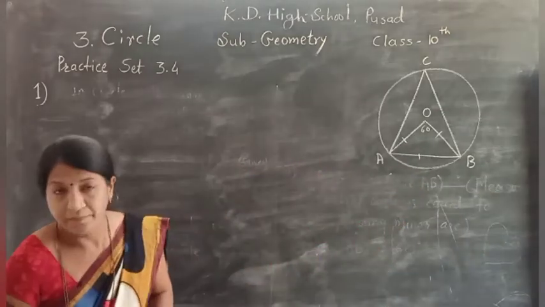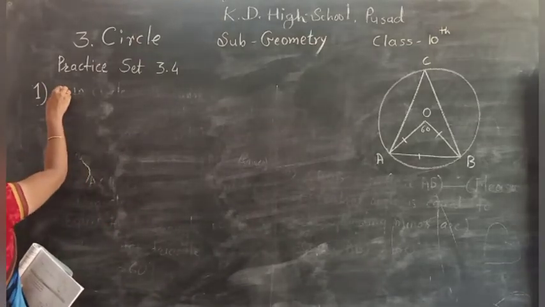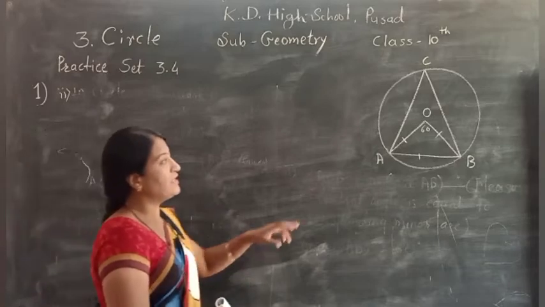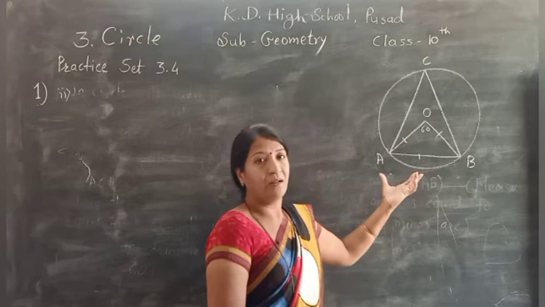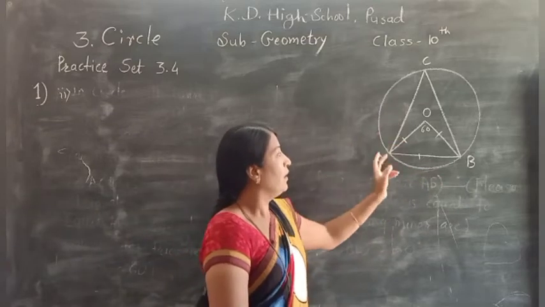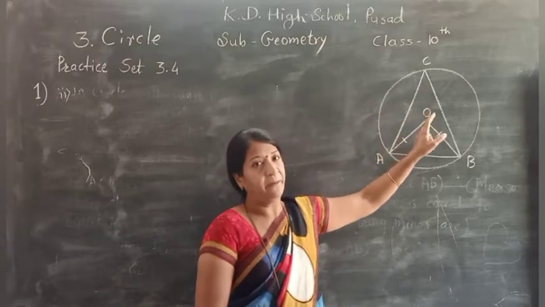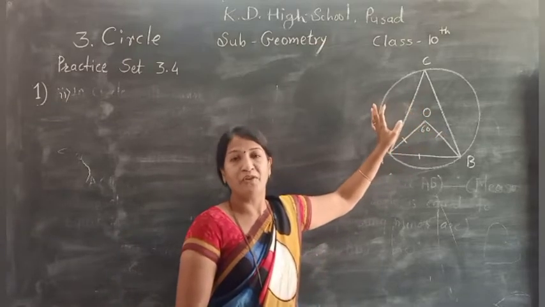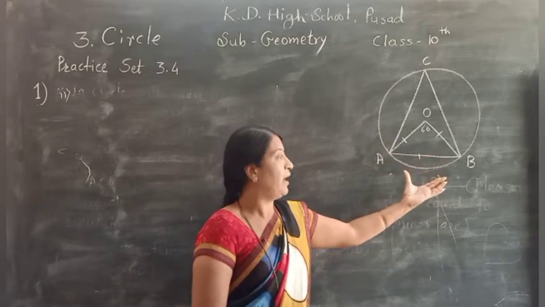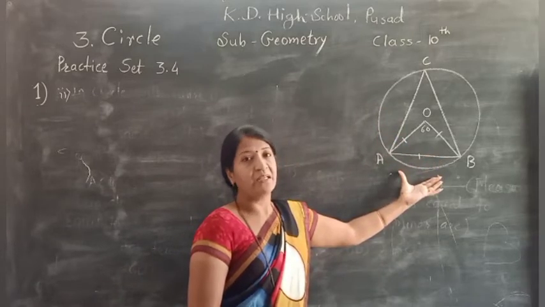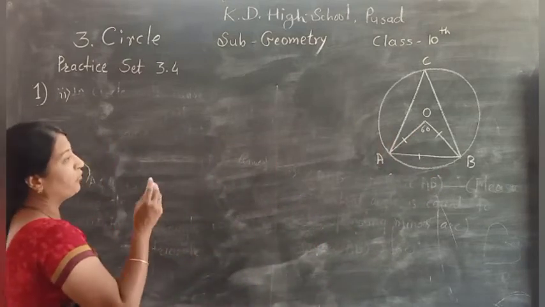Now, second, measure of angle ACB is half of the measure of intercepted arc. Measure of inscribed angle. Angle ACB is inscribed in the arc ACB, and we know that measure of inscribed angle is half of the measure of intercepted arc. Here arc AB is intercepted by angle ACB. Okay, so we use that formula.